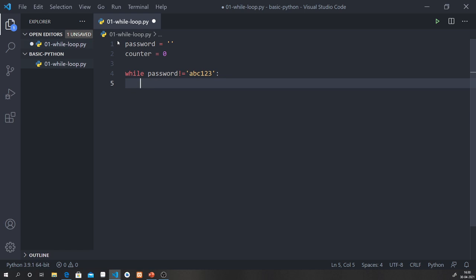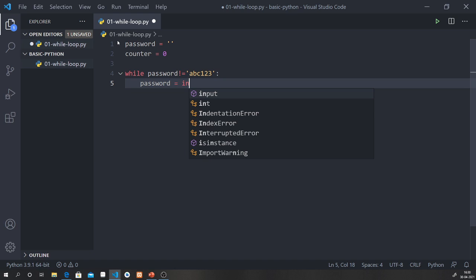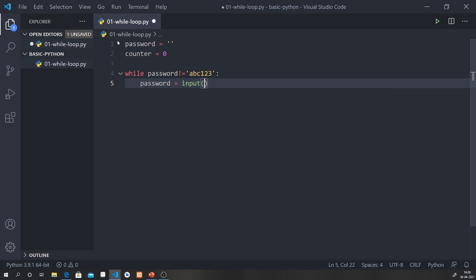So I will take the input from the user, telling him or her to enter their password.